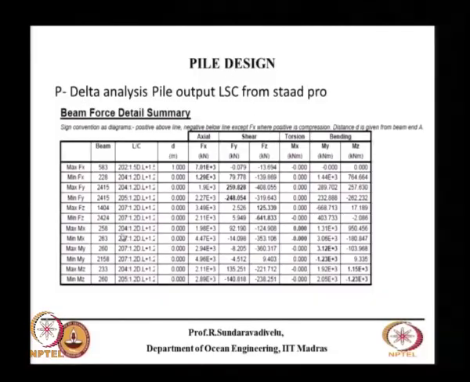This is the table which will come after doing the beam data analysis. It gives Fx, Fy, Fz, Mx, My, Mz. We get maximum and minimum forces as well as bending moments. So we will have the axial force Fx, shear forces Fy, Fz, a torsional moment Mx and bending moments My,